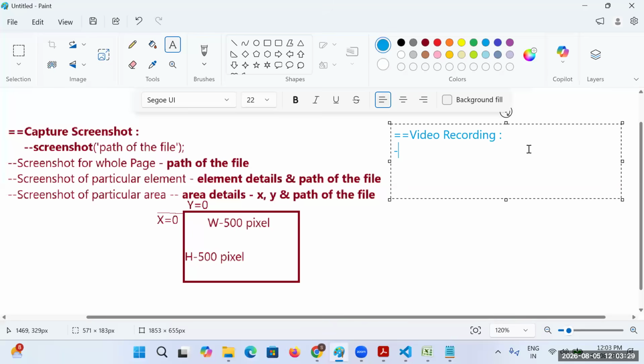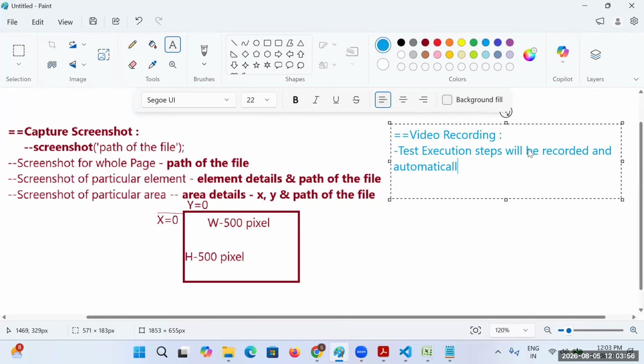See the concept. The test execution steps will be recorded, and not only recorded, but